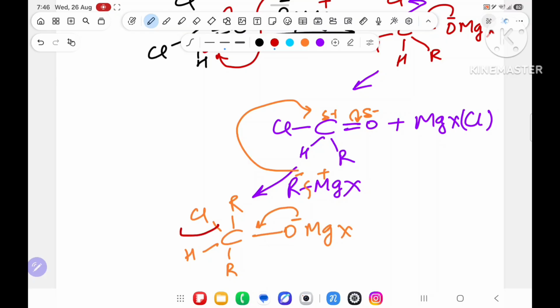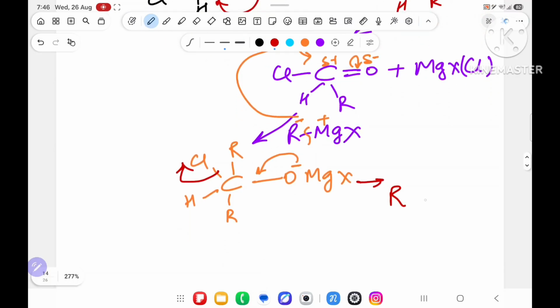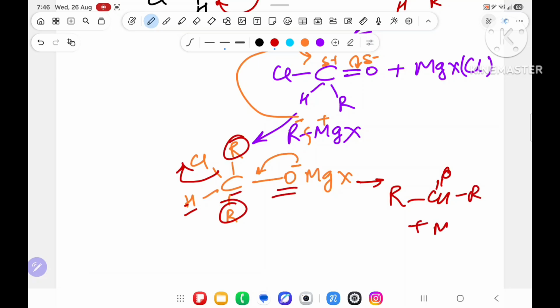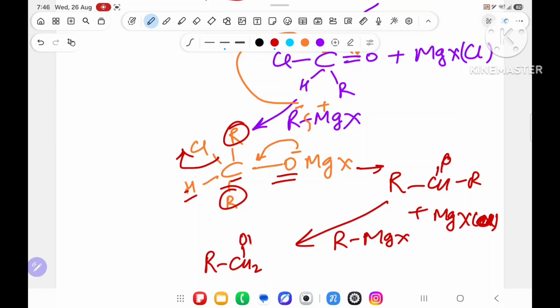This time leaving group. Yes, again leaving group is there. Cl will go outside. So R, CH, double bond O, 1 R is there, this R, CH and double bond O coming outside. Again MgX, OH will come. Then MgX, Cl will come, not OH, Cl will come. Again Grignard reagent will come, RMgX. We will get R, CH2, OH,